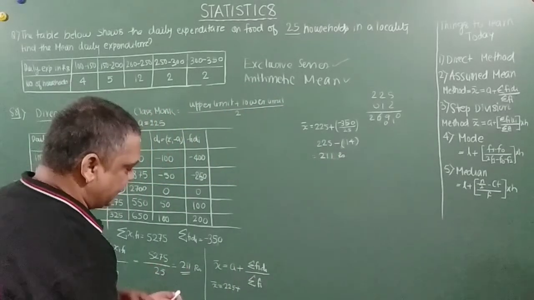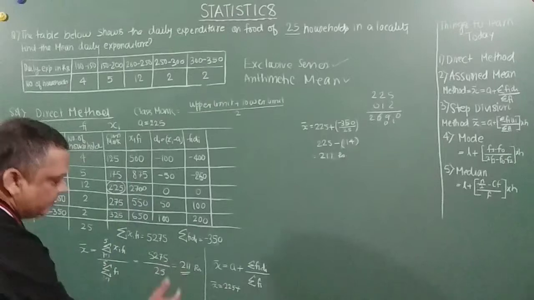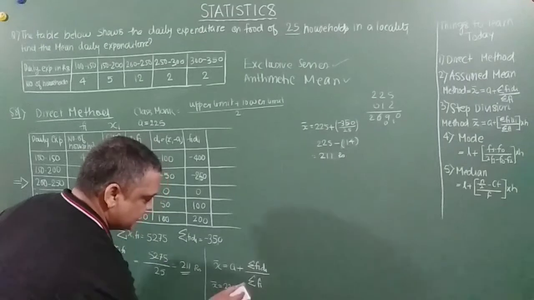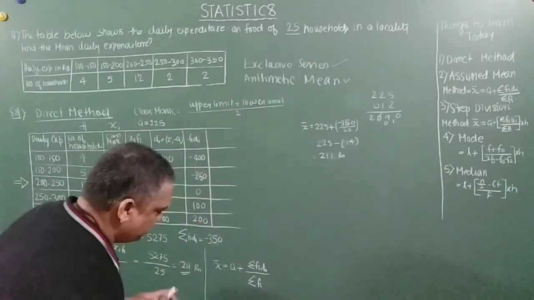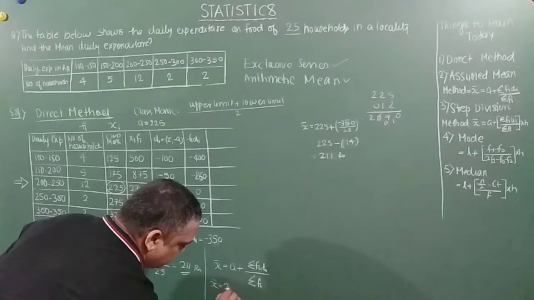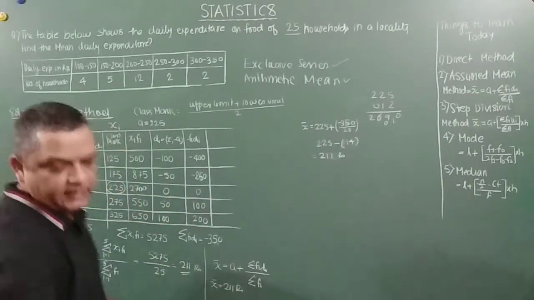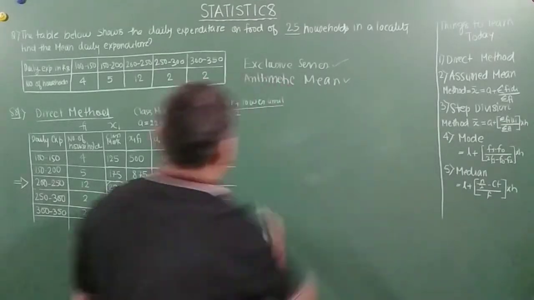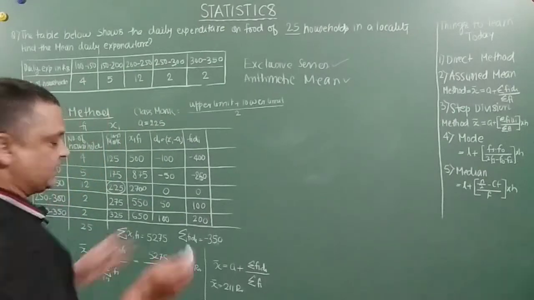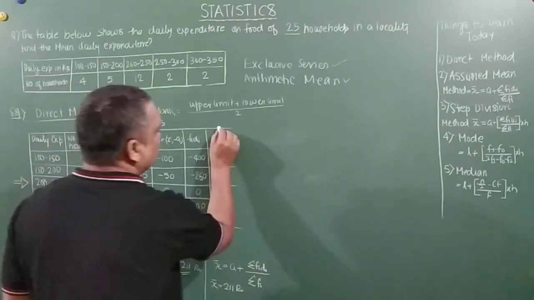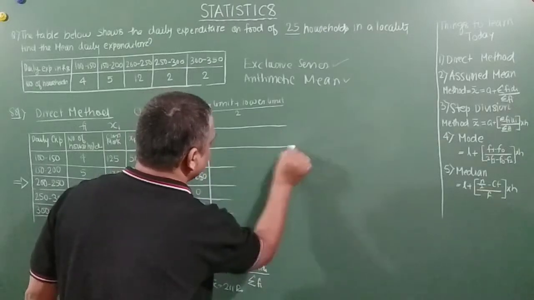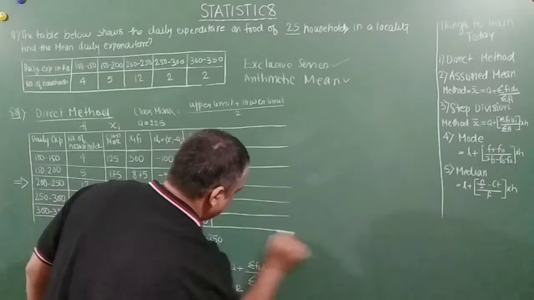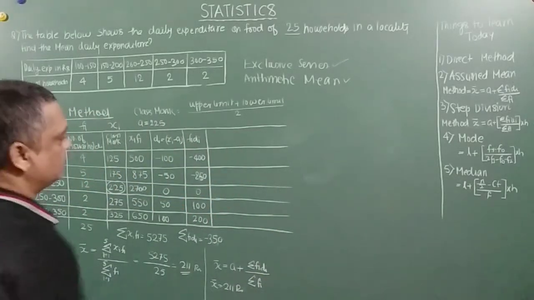Okay. So we have seen that x bar with direct method is also 211, and assumed mean method is also 211 only. I just write the answer here. X bar is equal to 211. Right? And I'll wrap off this one because I want to extend that table. Right? So friends, till now we have come here. So now what we will do is that we will proceed further and use the step division method on the same problem. Right? So this will just give you an idea how.